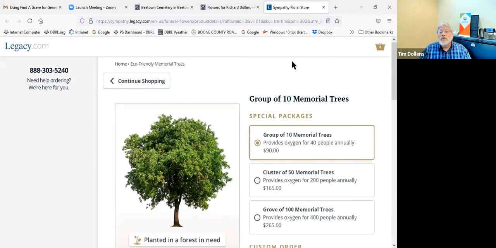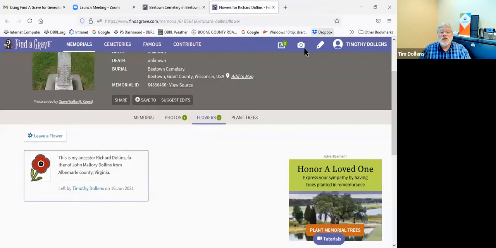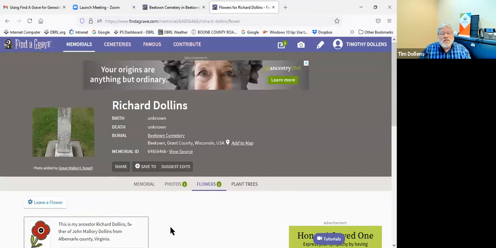Now I'm gonna get out of this. I'm gonna go to the upper right-hand corner of the screen, and I'm gonna hit where it says Sympathy Floral Store. I'm gonna hit the X button and close that out. Now we're still back in Richard Dollins. Now we're gonna go over to where it says cemeteries. See that it says memorials, cemeteries, famous, and then I believe it says contribute. Let's go over to